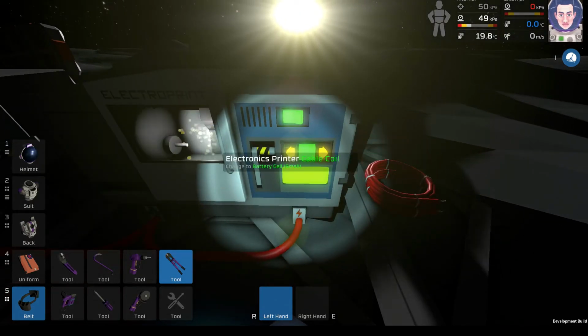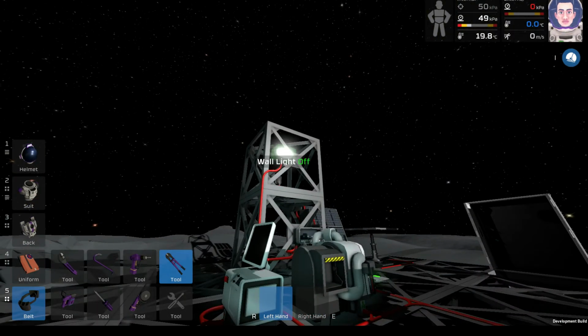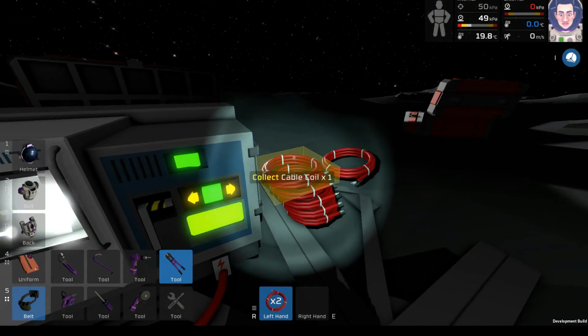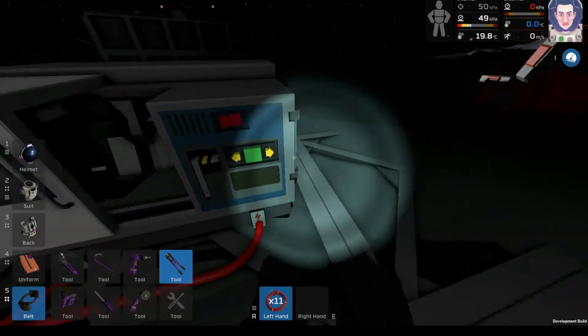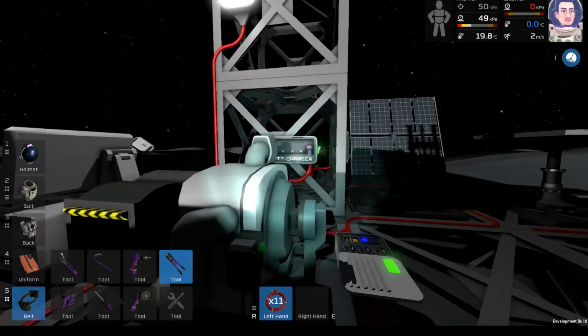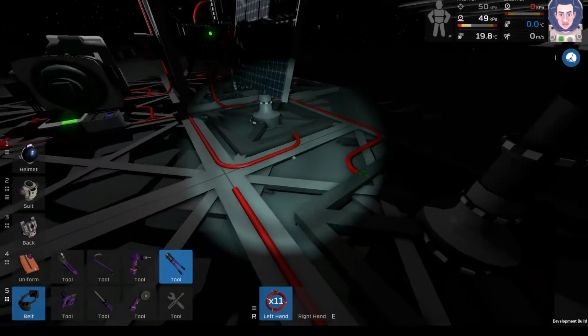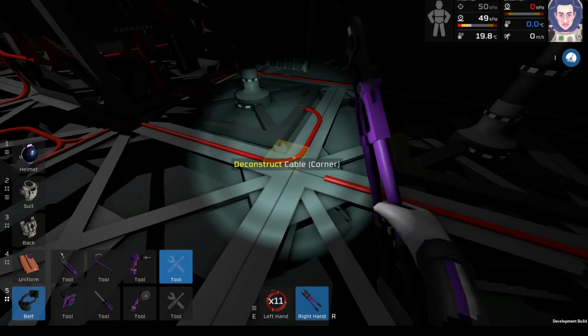I need some more cables because I need to construct junctions nowadays. So wall light on, sun is going down. Fortunately enough, I don't have to care about this. Hold on, enough. Thank you. This battery is full, perfect. So we no longer need to charge it. The only downside is you won't be able to see this magnificent beastie operate because, well,